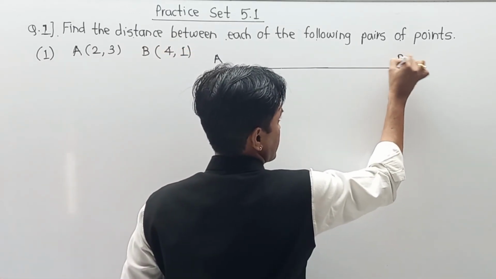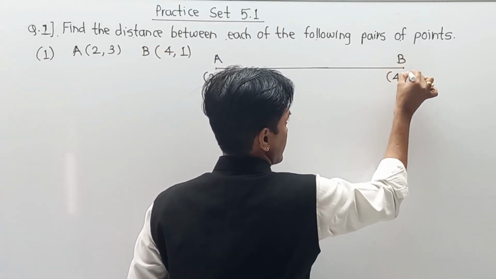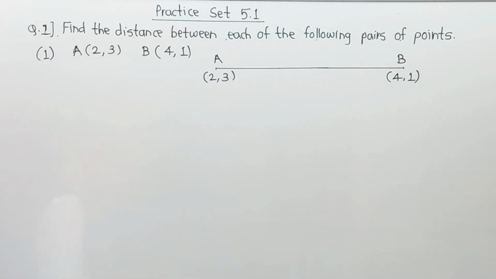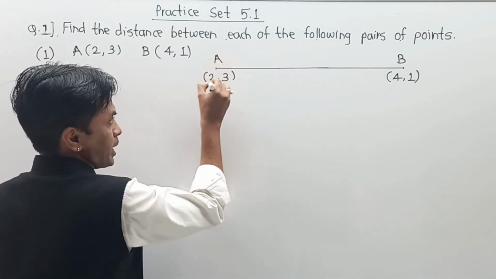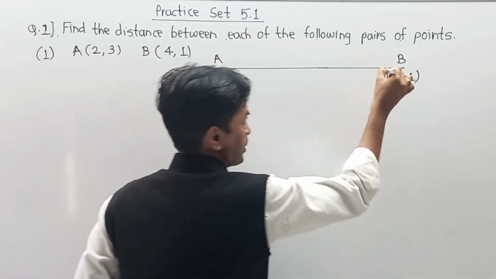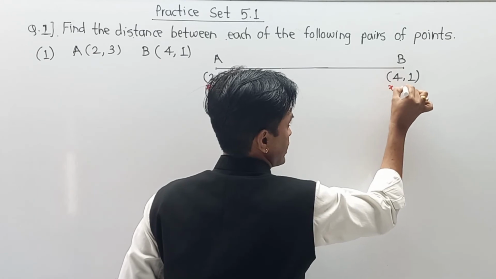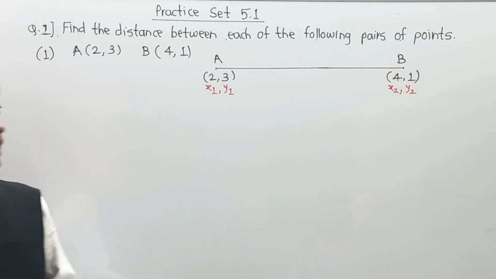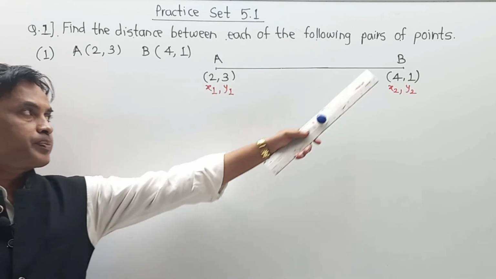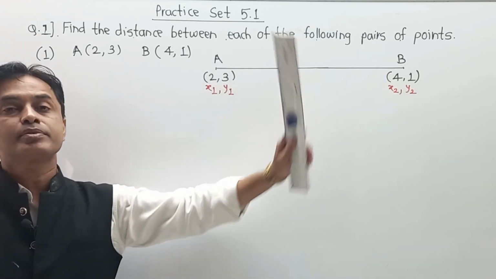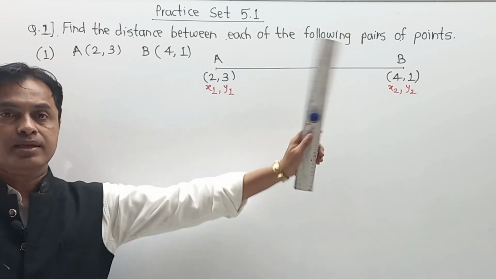So I am indicating point B as (4, 1) over here. These are nothing but the coordinates given by them. Next, for point A I am going to call it x1, y1 and point B as x2, y2. Now for simplification, as A is (x1, y1) and B has coordinates (x2, y2), we have to calculate the distance between the 2 points, that is distance AB.